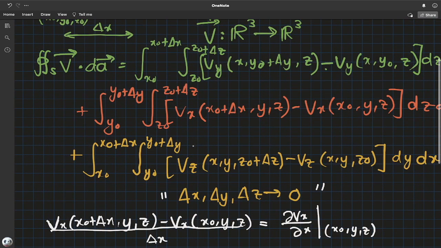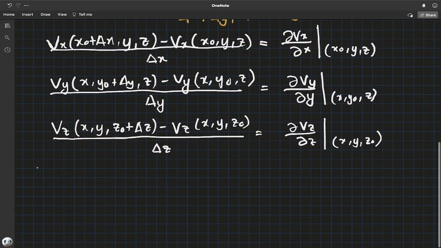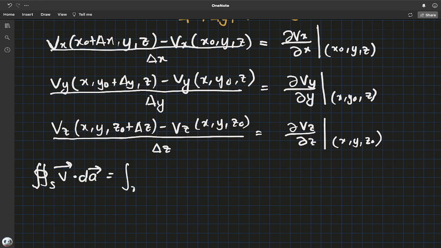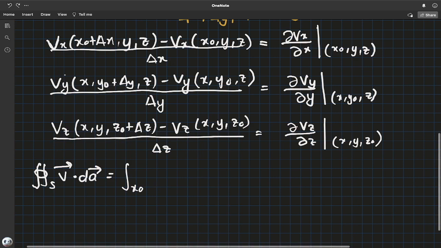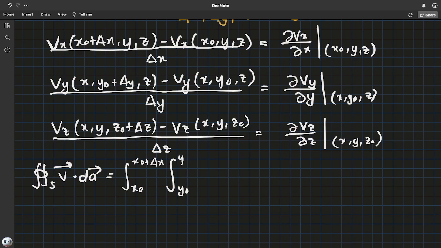Okay, so if we plug all of that in, we simply have the closed surface integral over S of the vector field V. This simply becomes the integral, actually, my bad, from x naught to x naught plus delta x, y naught to y naught plus delta y, of partial v_z with respect to z, delta z, dy dx,